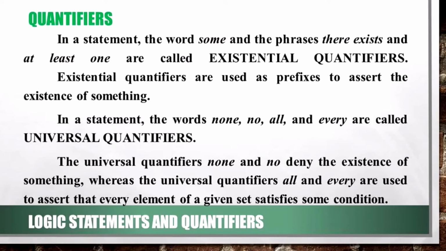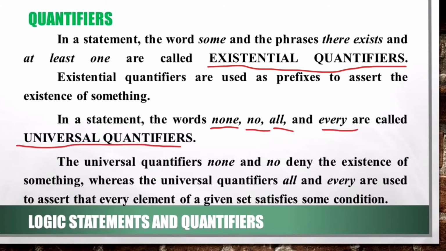So for quantifiers, in a statement, the word some and the phrases there exist and at least one are called existential quantifiers. Existential quantifiers are used as prefixes to assert the existence of something. While in a statement, the words none, no, all, and every are called universal quantifiers. The universal quantifiers none and no deny the existence of something, whereas the universal quantifiers all and every are used to assert that every element of a given set